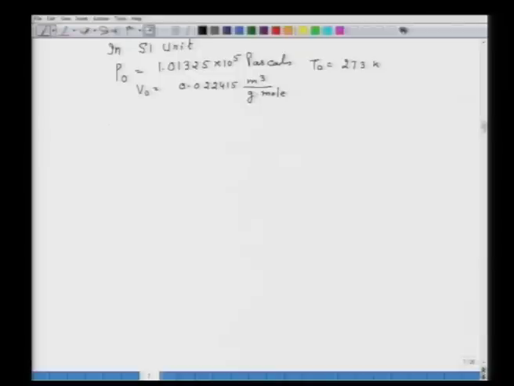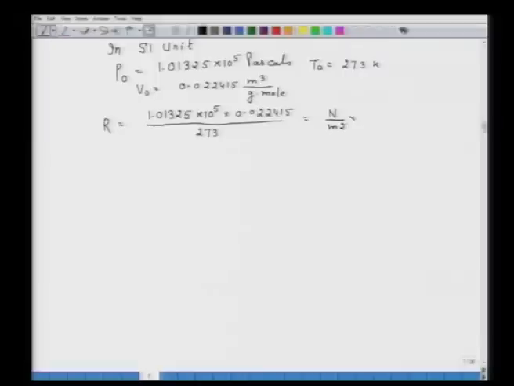So, I am substituting now the value, say R that is equal to 1.01325 into 10 to the power 5 into 0.022415 divide by 273, and I will try to derive the units,